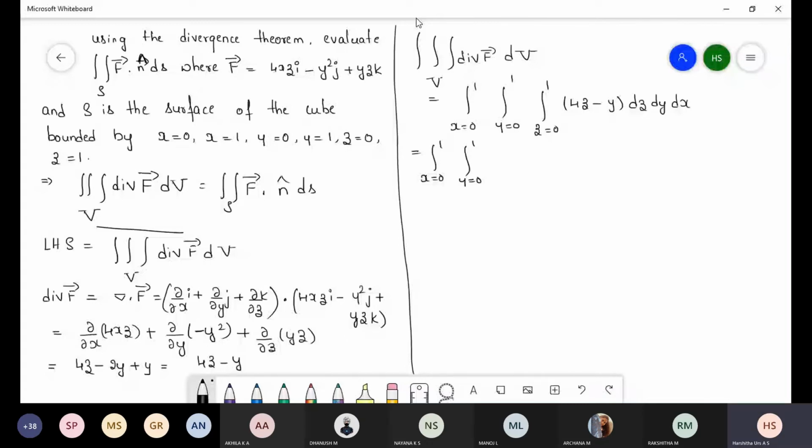So again here I write dy dx as it is. Now x is equal to 0 to 1, y is equal to 0 to 1. Give the upper limit. Here 2 ones are 2 twos, 2 into 1 is 2, minus y into, in the place of z, write 1, so y into 1 is y. Lower limit is 0 for both the terms. So I write dy dx. Now with respect to y, 2 with respect to y is 2y minus y square divided by 2. Limit y is equal to 0 to 1.